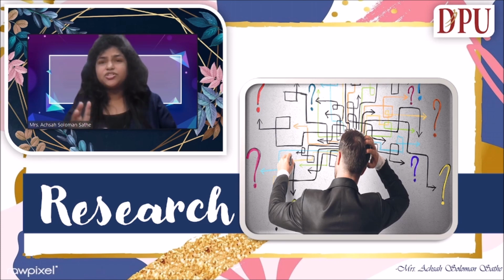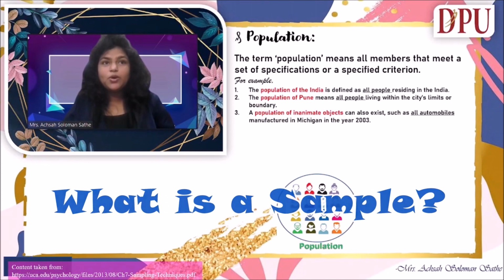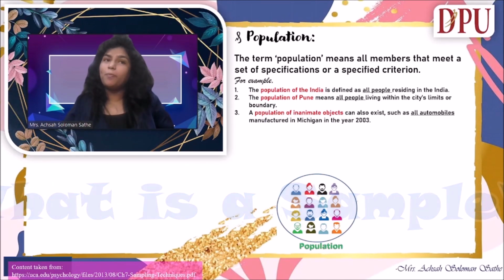Alright, so if you actually have a problem, then you would naturally have someone on which you have to conduct your research, or you have some particular target group on whom or because of whom the problem is being created, and you want to find out the reason. So basically, you cannot do your research alone. You need to do it on someone or on something. Alright, so for that we use a sample. Now, what is a sample? How we can find the sample is all what we are going to see right now in this topic. So before we go to what is a sample, let's understand what's a population first.